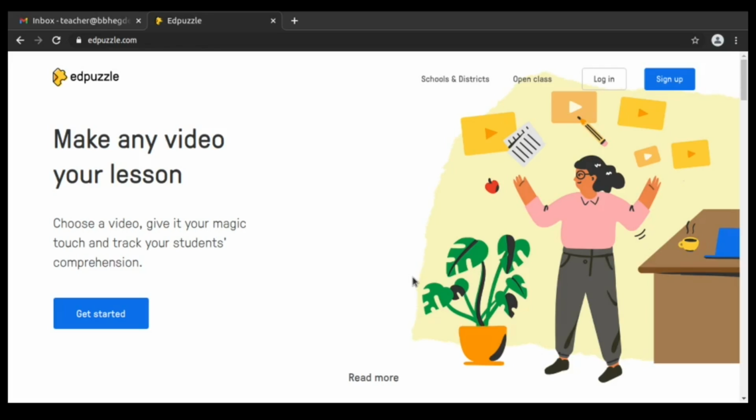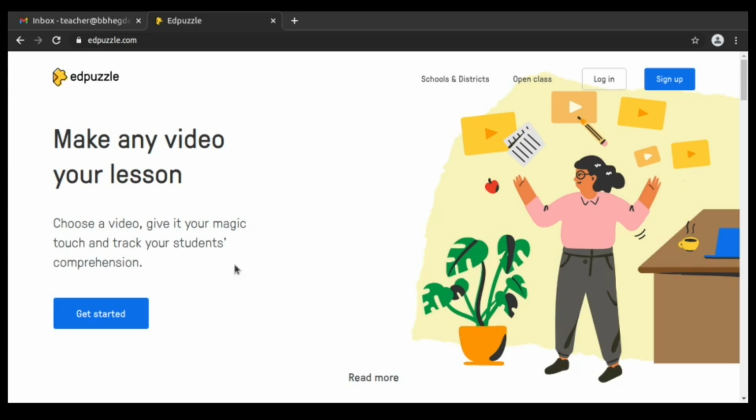Namaste. Today we will be learning how to connect Edpuzzle to Google Classroom. For both Edpuzzle and Google Classroom, we will be using official email IDs.